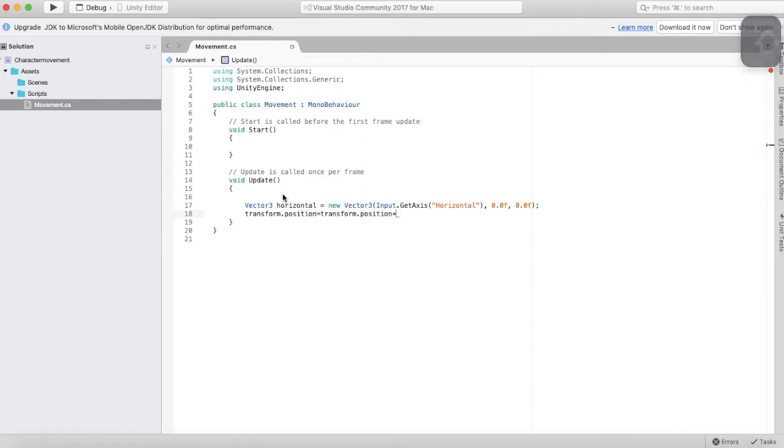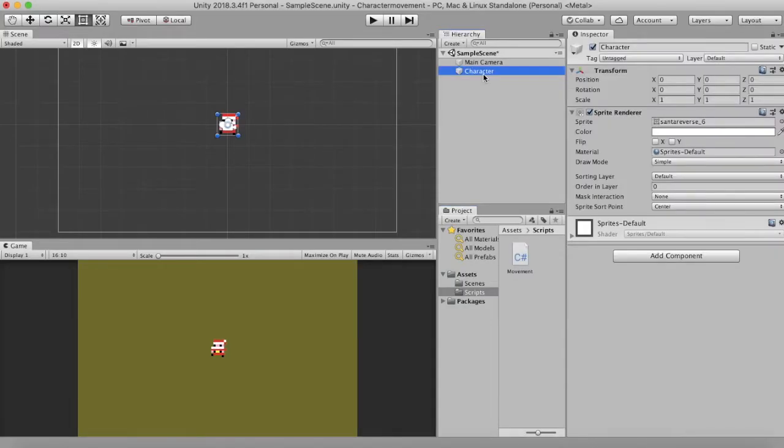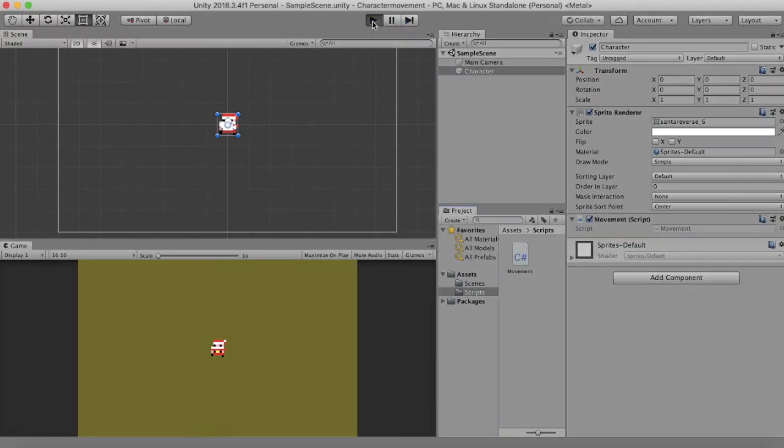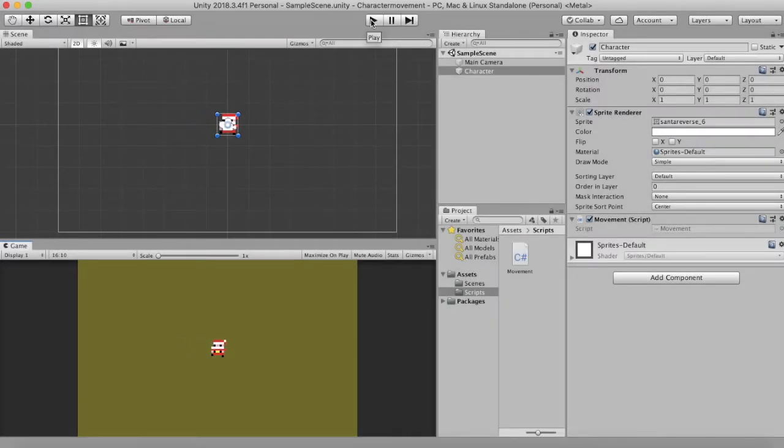Now in order to move the character, I'll have to write transform.position is equal to transform.position plus horizontal, and since I'm writing this in the Update method, this code will be executed each frame. So in order to smooth out the movement, I'll have to multiply it with Time.deltaTime. Coming back to Unity, I'll select the character and I'll just drag and drop this script onto it. Now when I play the game, if I move left on the keyboard, it will move left, and when I move right with the keyboard, it will move right. So this is about the basic movement of the character without animation.